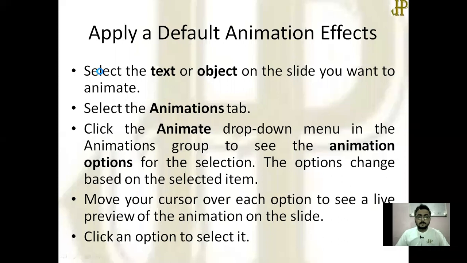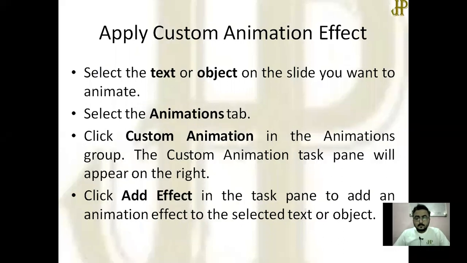So next, whatever animations are available, if you want to do something different based on your view, then the custom animation effect comes into the picture.